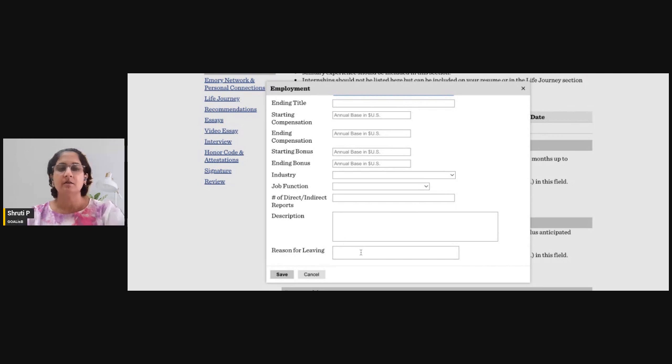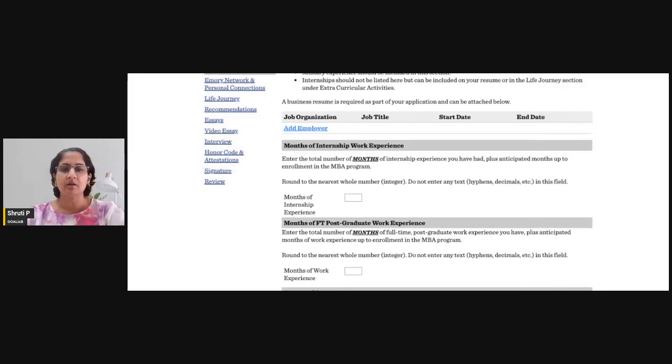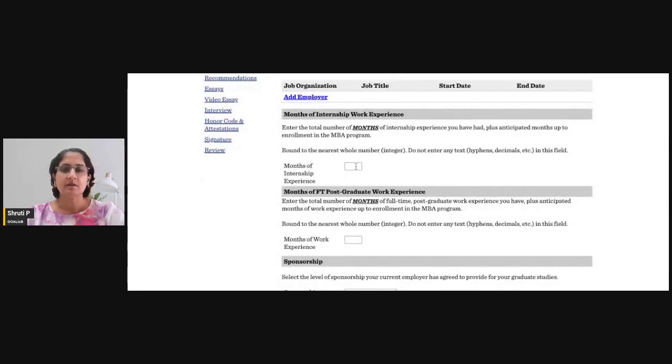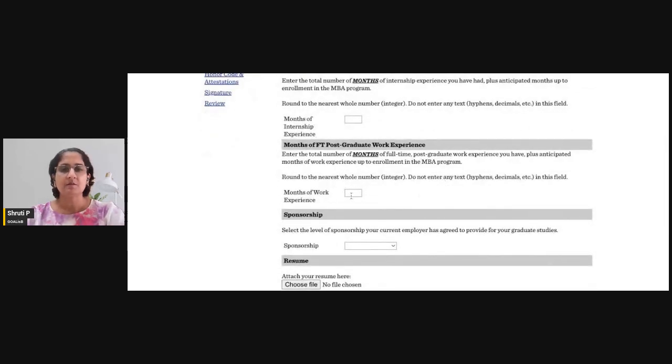If there's a reason for leaving, please give a reason for leaving as well, for multiple employments. Also add the months of internship experience. If you had any internship experience, you can add the total number of months of your internship experience. In the next section, you need to add the months of full-time work experience. Both of these sections have to be filled in months and not years. Remember that both of these sections have to be filled in the number of months of the experience that you